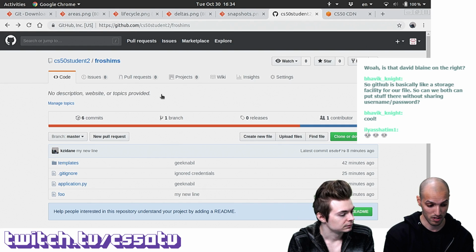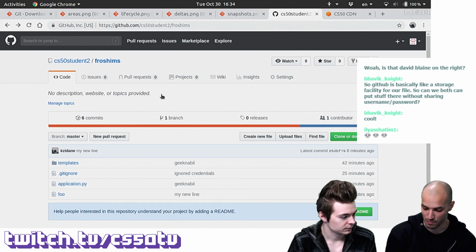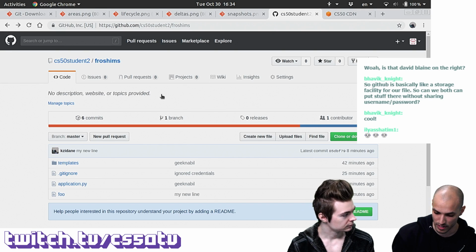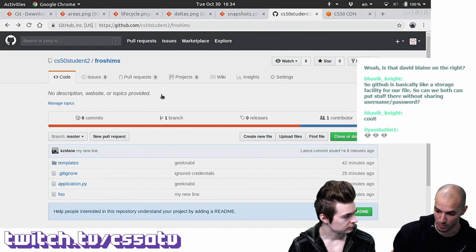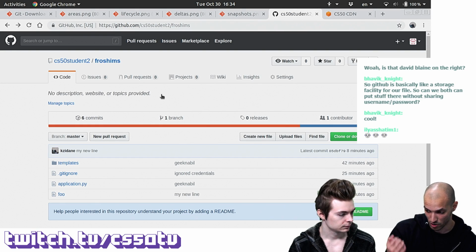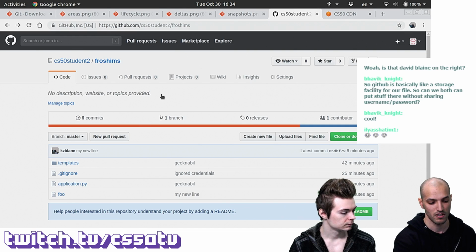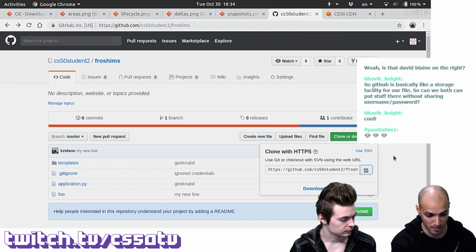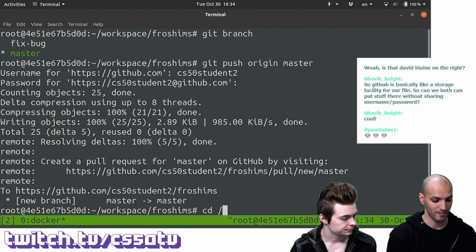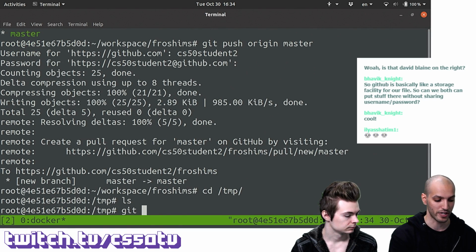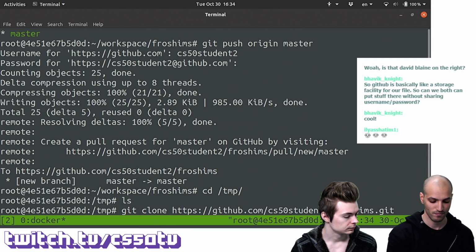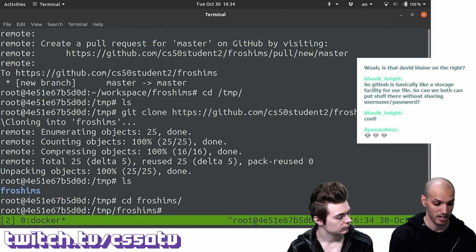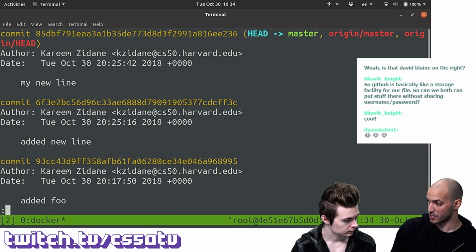Before we do that, though, I wanted to mention a point on cloning a repository. Suppose Colton is completely new to this and he wants to make some contribution to my repository or just wants to get a local copy of my repository to experiment with it. The way to do this is by clicking this, getting the URL of the repository, copying it essentially, and if I go to a separate directory here, temp, I could do git clone, paste the URL, enter, and it cloned my repository. Notice it also cloned the history of my repository, which is really neat.